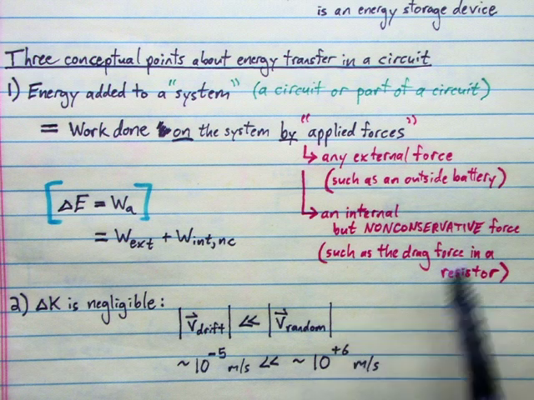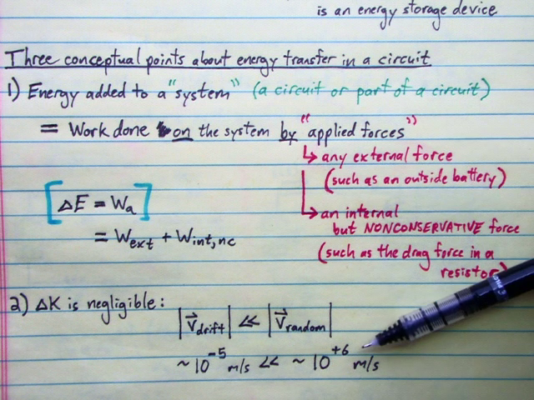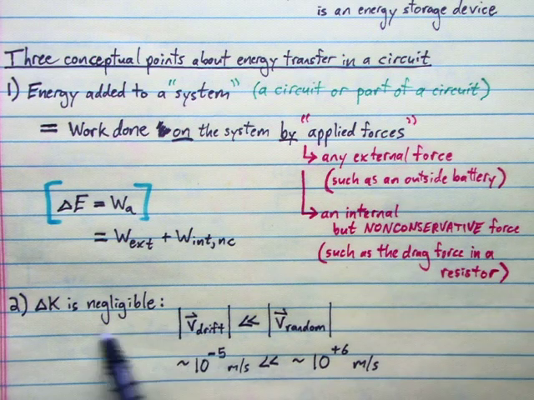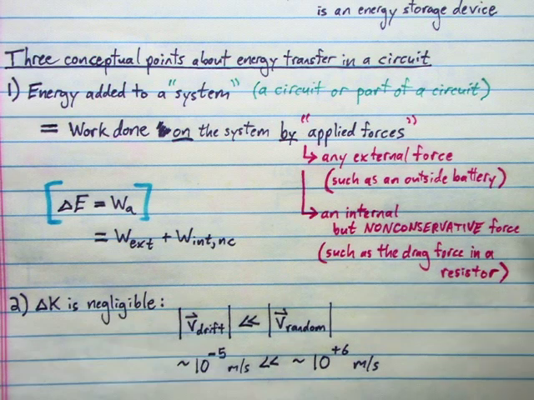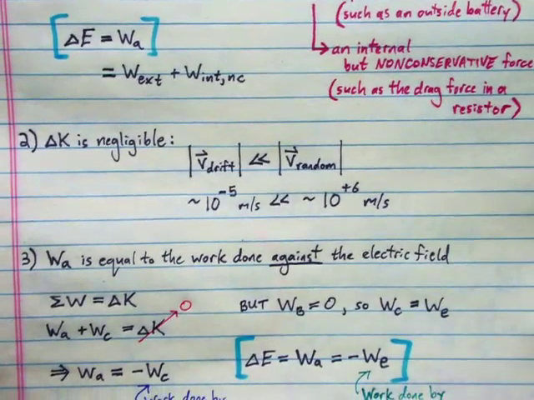So turning your current on or off changes the average speed of your electrons by about this much compared to this much. Totally negligible. You're not changing the kinetic energy of those moving electrons in any measurable or noticeable way when you're making changes to your circuit. So as we're talking about energy transfers, any delta Ks we can ignore. Thirdly,